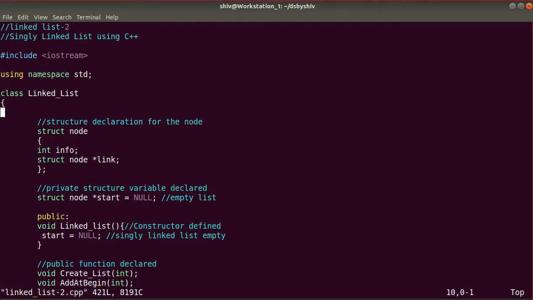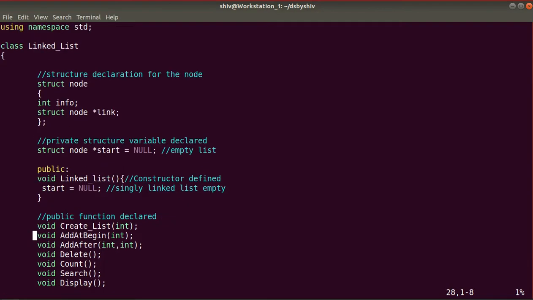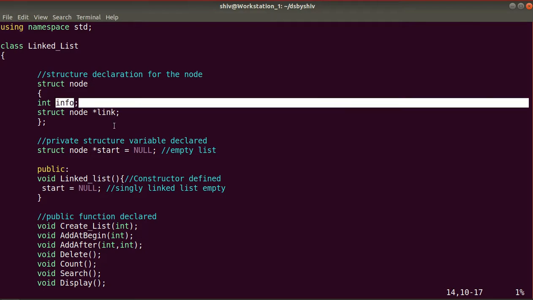Here first we will write the class LinkedList. In the class we will define our structure. The structure is node, and in node it contains two values: info part and link part.